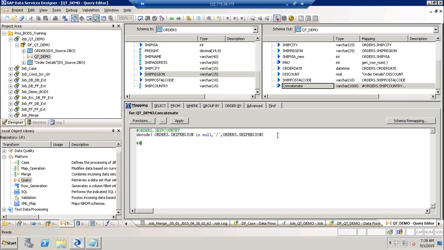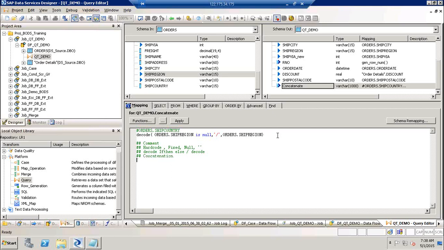So first one is comment, second one is hard code. So you can pass a default value, a fixed value, or a null, or you can pass 2 single quotes here, which represents a blank value to that particular column. Then next one is decode. You can apply an if-then-else statement or a decode statement on the data, and you can do a concatenation on the columns,